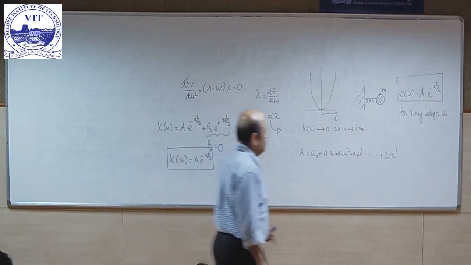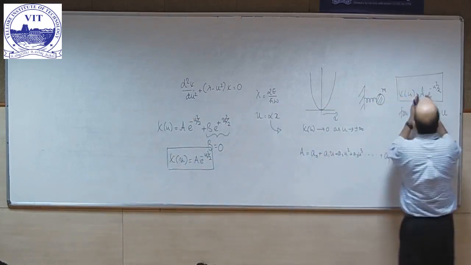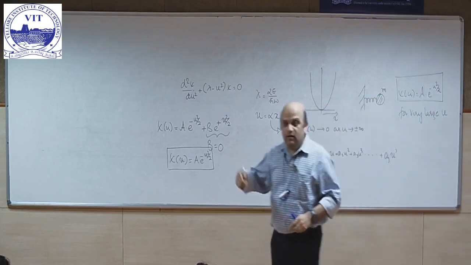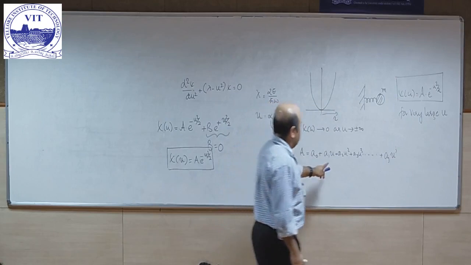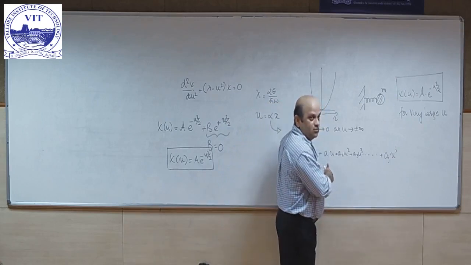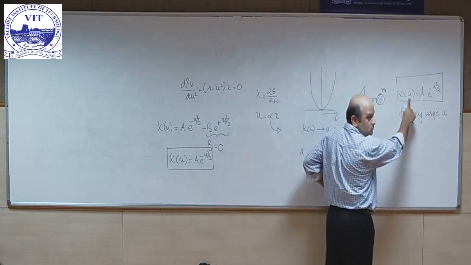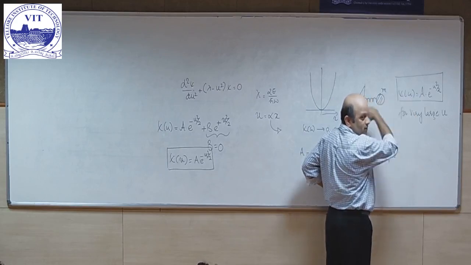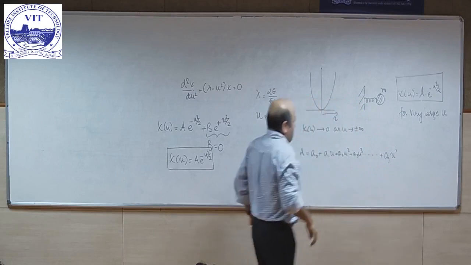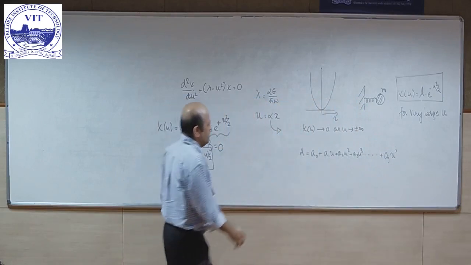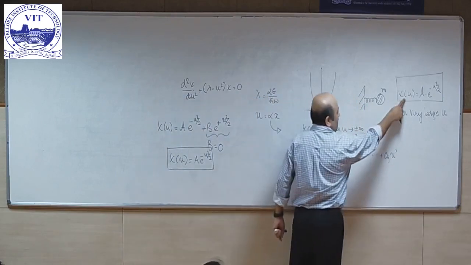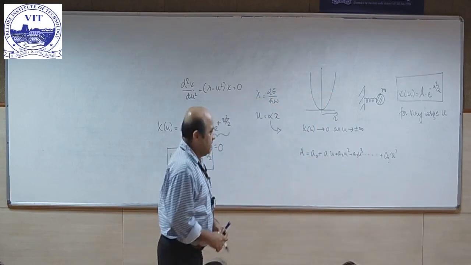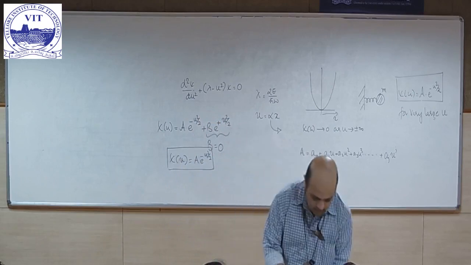But I want a general solution which is valid for all the amplitudes of oscillation. So one way to do it is to write this constant prefactor as a series, and then find out what form this A has so that it satisfies all u values or x values. In the lecture notes I have substituted this one here, and we solved it, and ultimately you will get a solution in the form